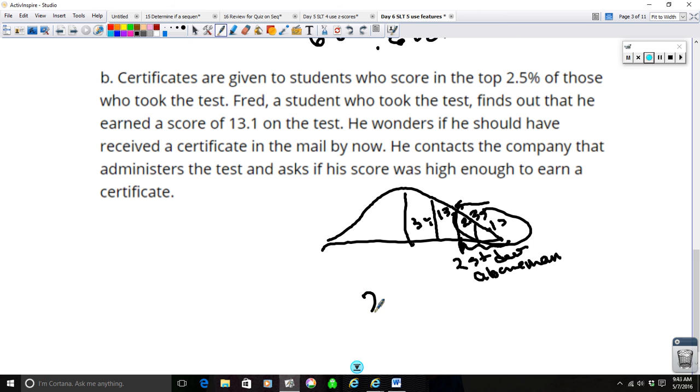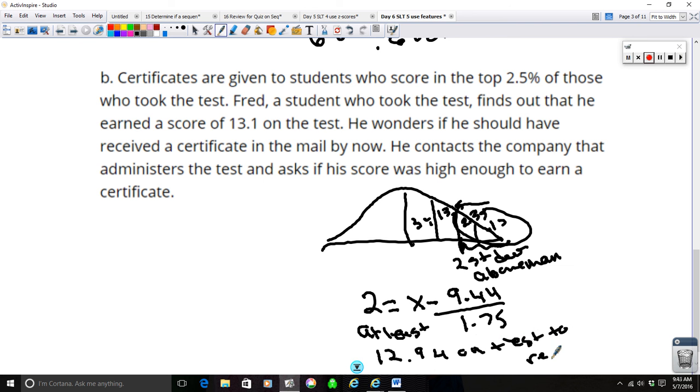So 2 standard deviations of the mean, we're just looking at the z-score formula, equals x, which is the score he would have gotten, minus the mean, which is 9.44, over 1.75. That is a good way of solving for this. So 2 times 1.75 plus 9.44 means he should have gotten at least a 12.94 on the test